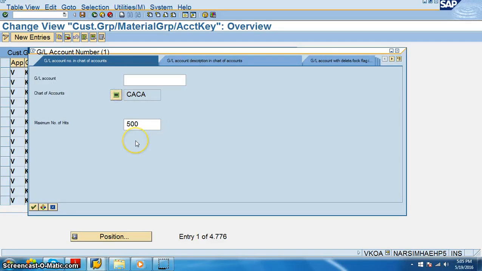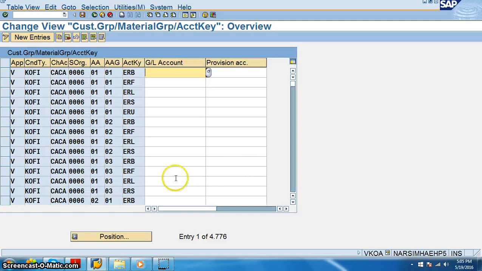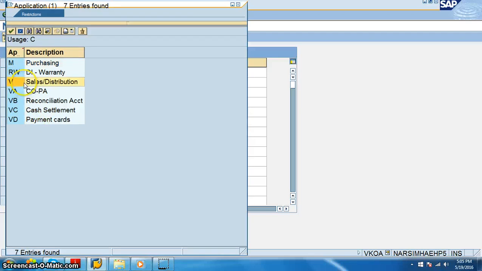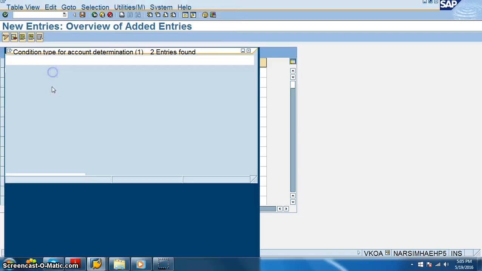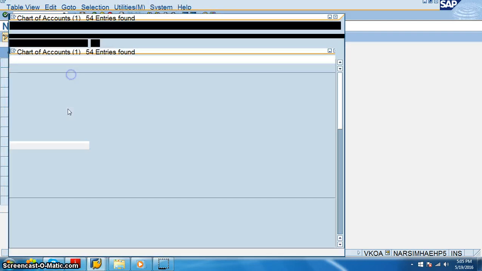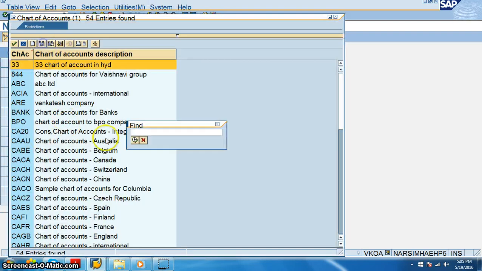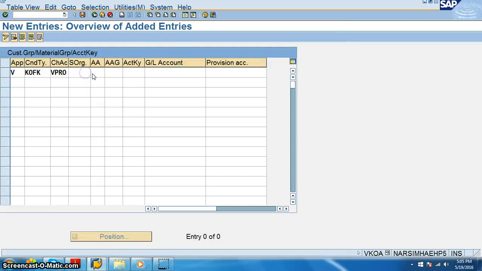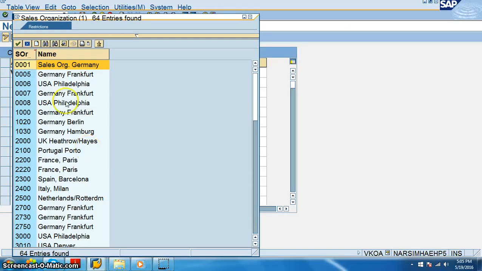Chart of accounts, we need to give it as chart of accounts. We have to give new entries then. So the application is sales and distribution, and the condition type is account determination with controlling. Chart of accounts is our VPRO. We need to assign it specifically for VPRO, and sales org is also VPRO.